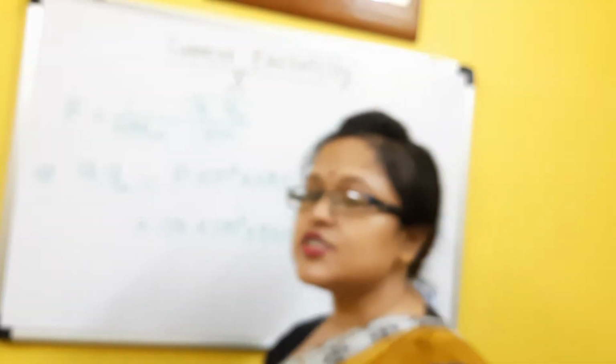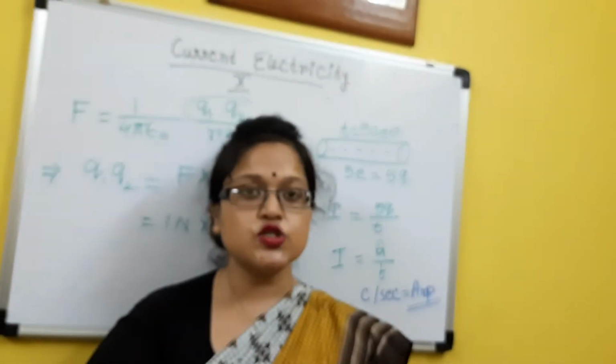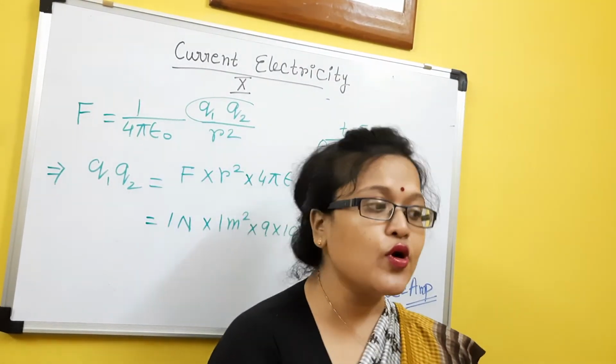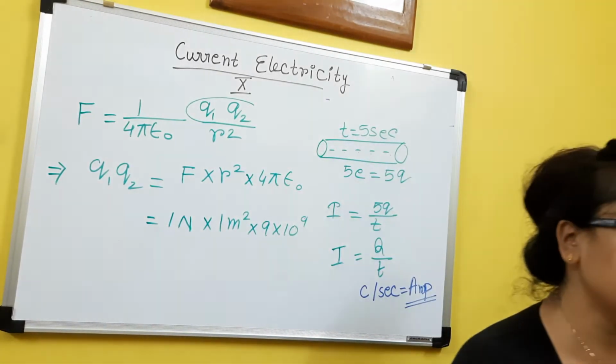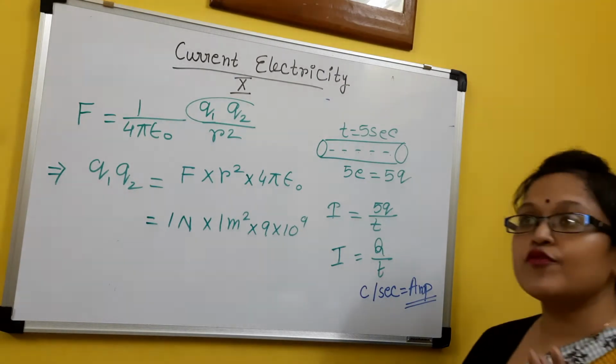So what does it mean? From one side to another side it is flowing. Clear? Now, like heat is flowing from where? From high temperature zone to low temperature zone heat is flowing. Clear? So like that, if you are having